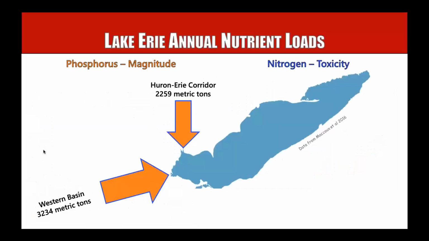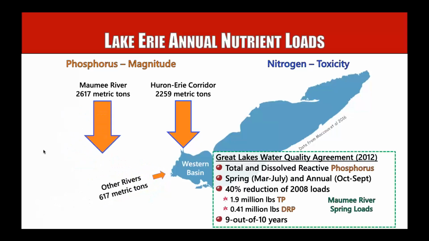So with that, I want to give a little bit of background about phosphorus in Lake Erie and some of the rationale for this project. So I think many of us know that phosphorus is the major cause of harmful algal blooms in Lake Erie. It controls the size and extent of these events. Nitrogen plays a role in the toxicity. And most of the phosphorus that comes into Lake Erie is coming from the Western Basin as opposed to coming from the Detroit River. And when we divide that Western Basin up even more, by far the largest amount of that comes from the Maumee River.